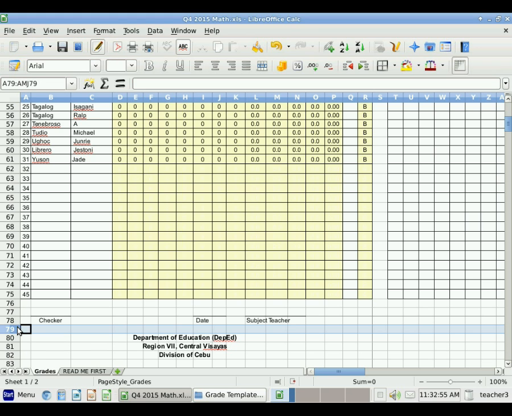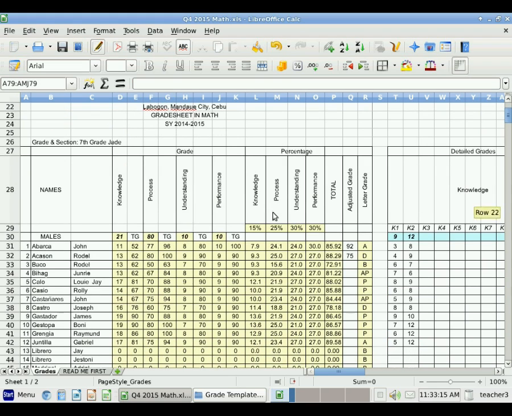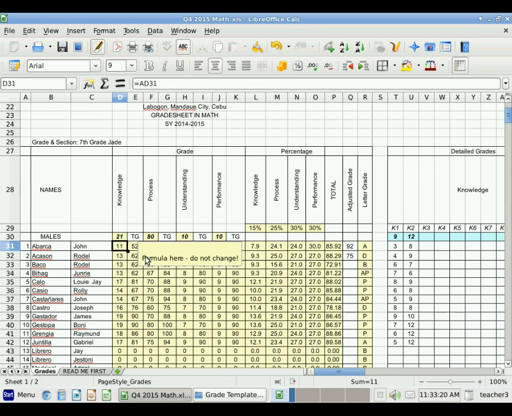This is a very powerful template. It has many, many formulas in it to make it automatic, but that also means that you need to be very careful when you make any changes to this template. This template is set up so that almost all of the formula cells are locked. And you'll see when I click on a cell with the formula, it says formula here, do not change. And further,